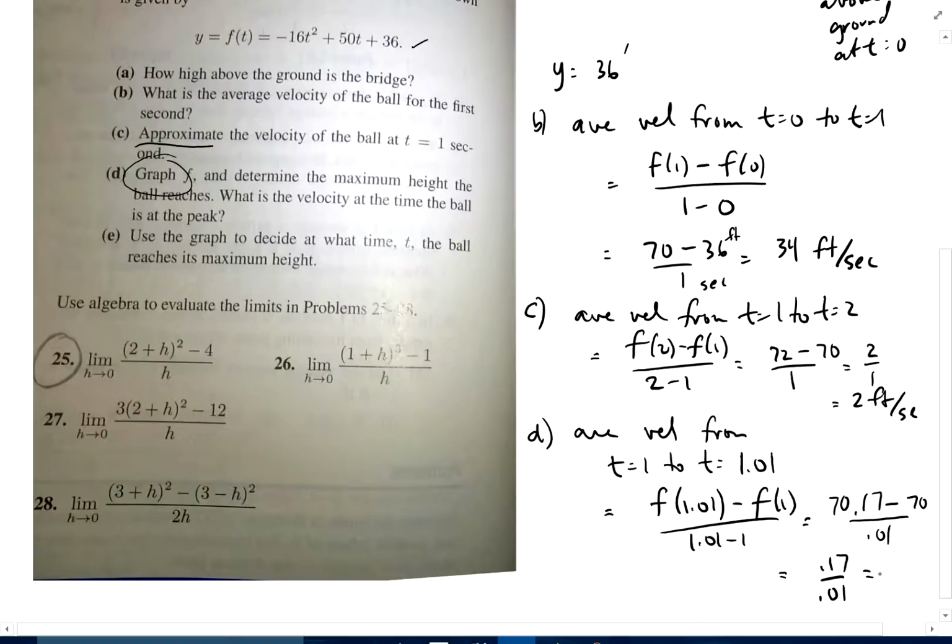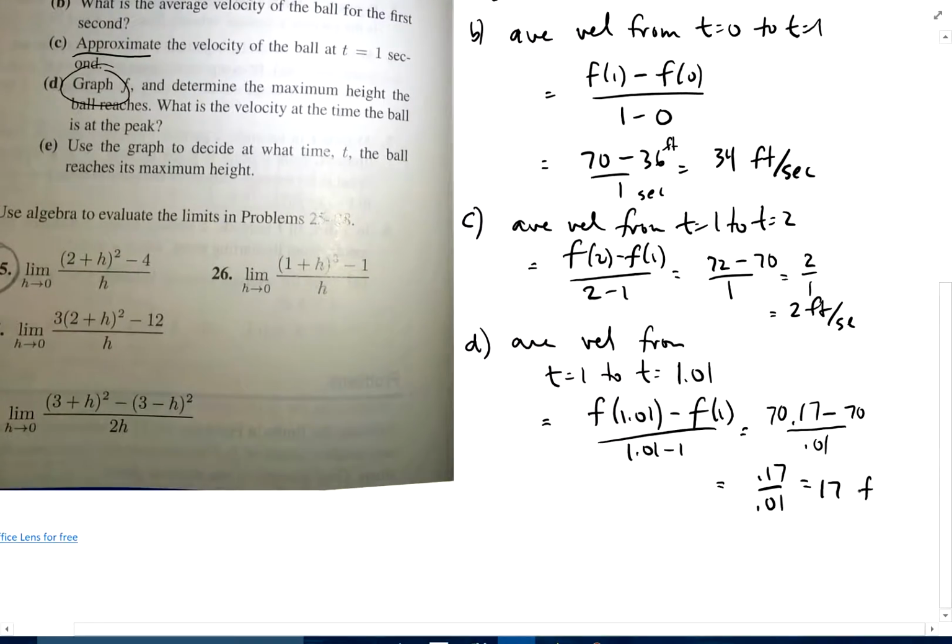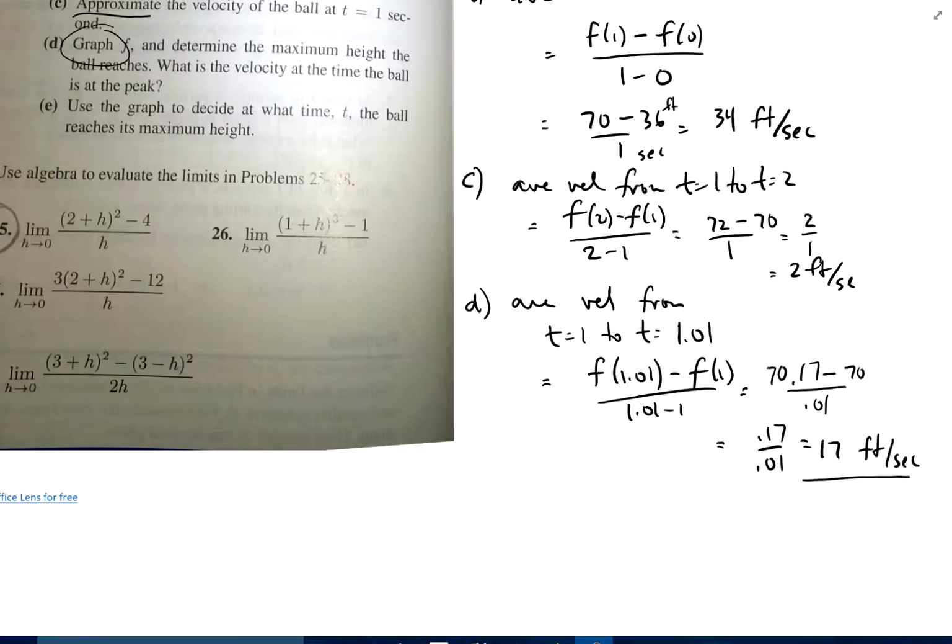And what does that give us? Feet per second. That's a pretty good approximation. Okay, sorry about that. I just realized this is still part of C here. So let's jump up to